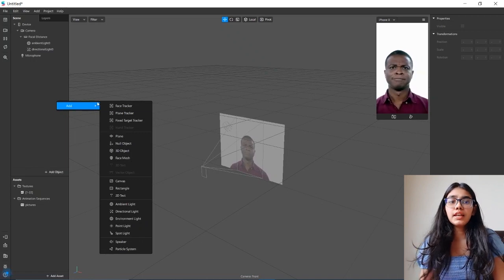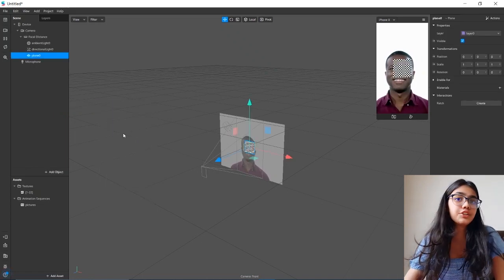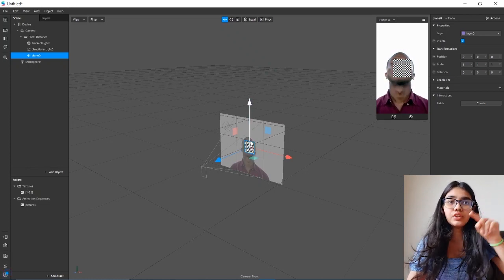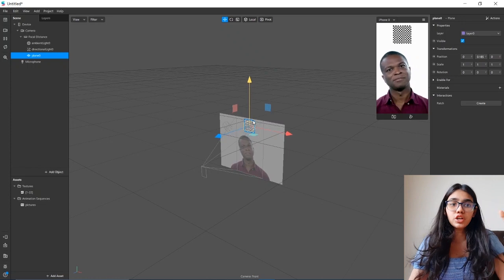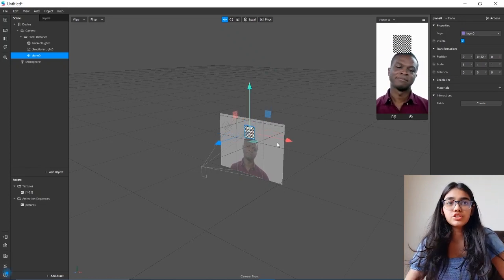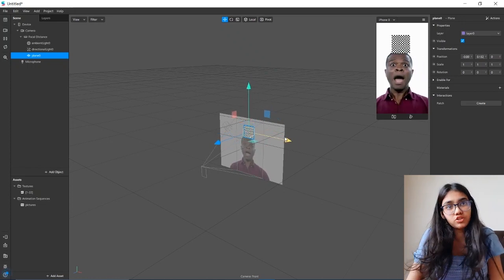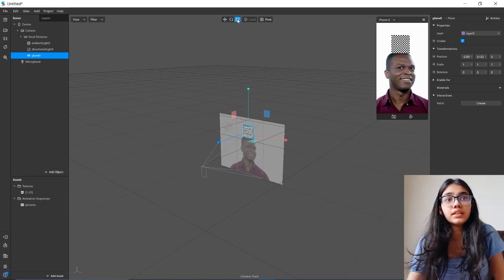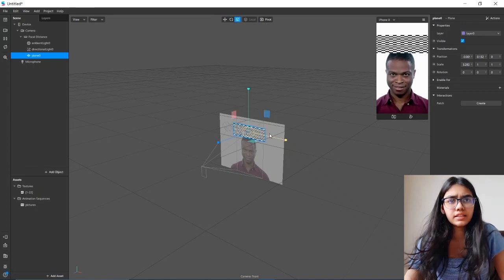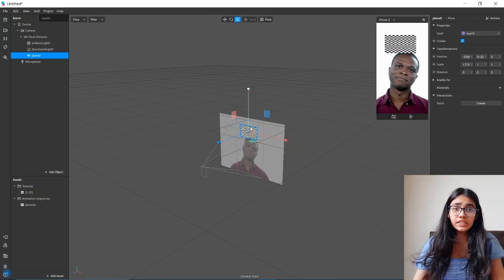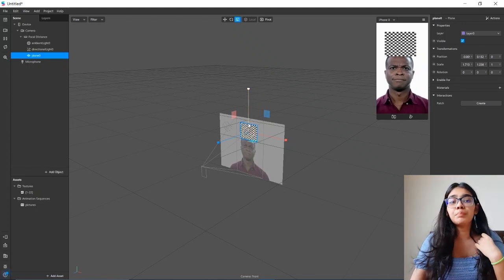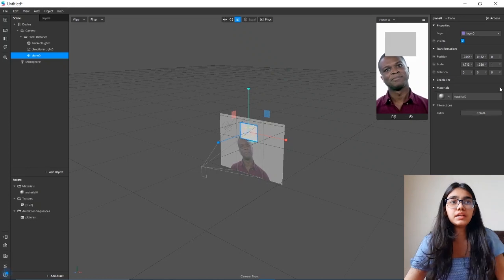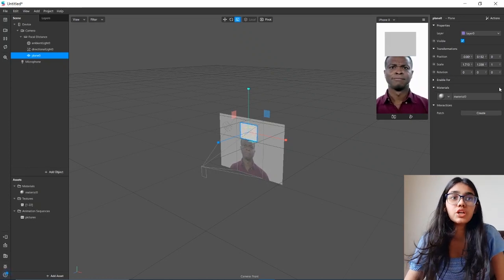Now on your left panel you need to right click and add your plane. You see you get 3 arrows. Now you can just adjust your plane. You can change the location of it as you wish: right, left, middle, wherever you want it to be. Now we're going to press that icon so that we can change the size of our plane. You can change the size to whatever you want, or even type it in at the right.